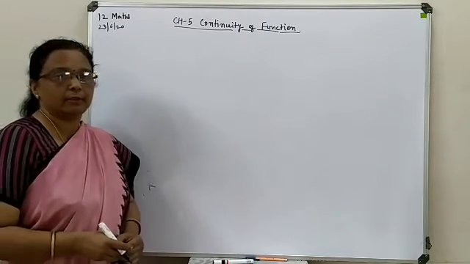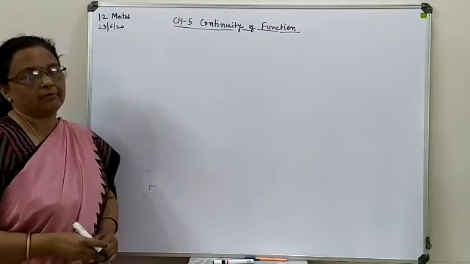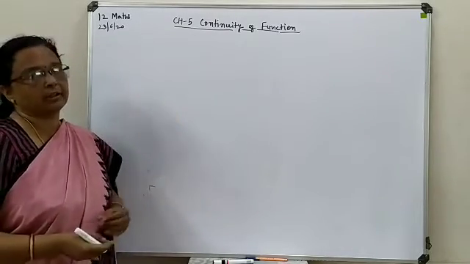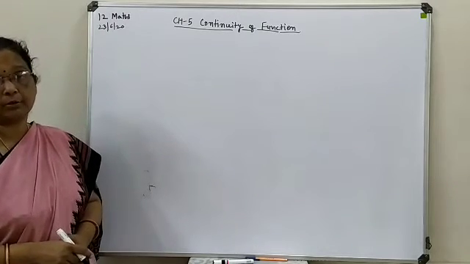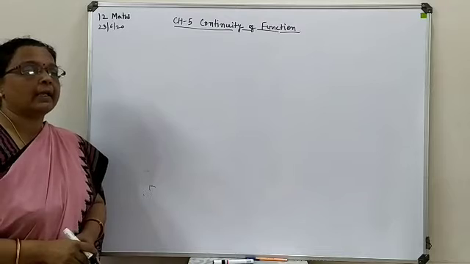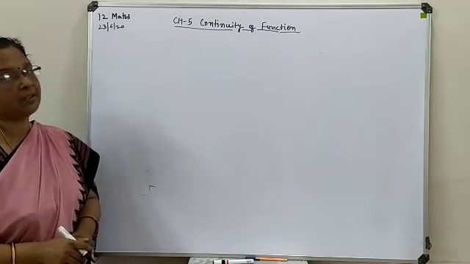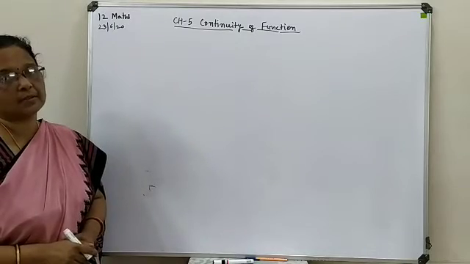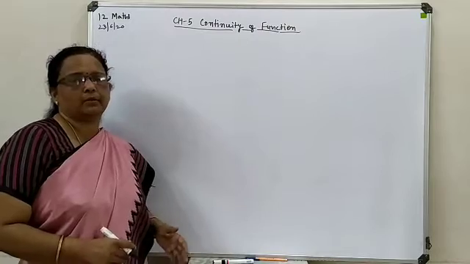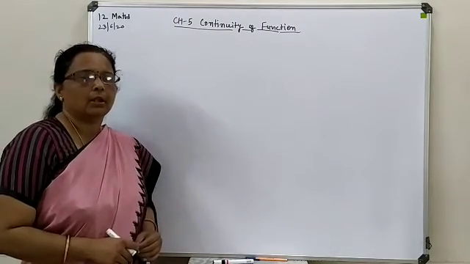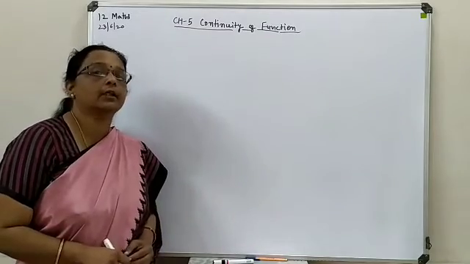We studied the definition of limit last year, and at that time there were three relations to be maintained, meaning the left limit solution, the right limit solution, and the value of the function at the given point. If these three things are the same, we can say our limit will exist. Almost the same thing we are going to implement here also, but first try to understand what the continuity of any function or any curve is.